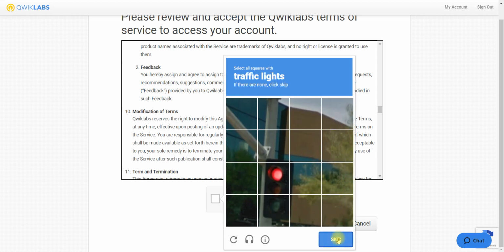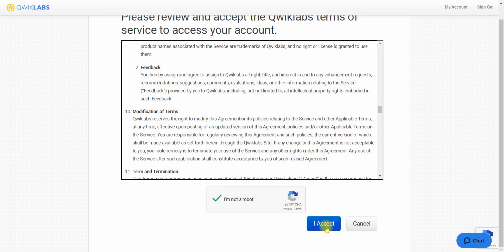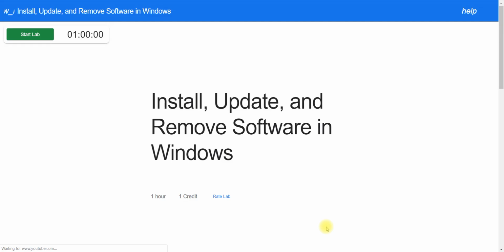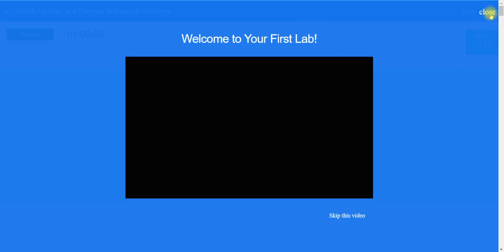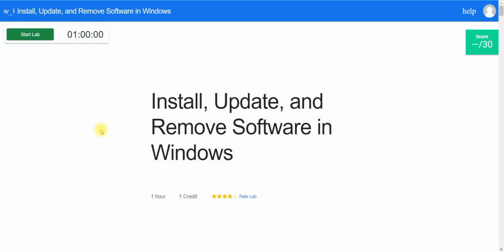Next. Okay, traffic light. So this is a traffic light, right? Okay, now I accept it. Now it is opening. Okay, welcome to the lab. Close it, no problem. This is a hint.